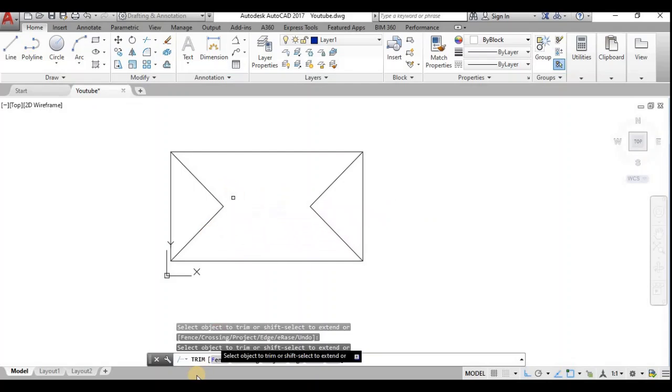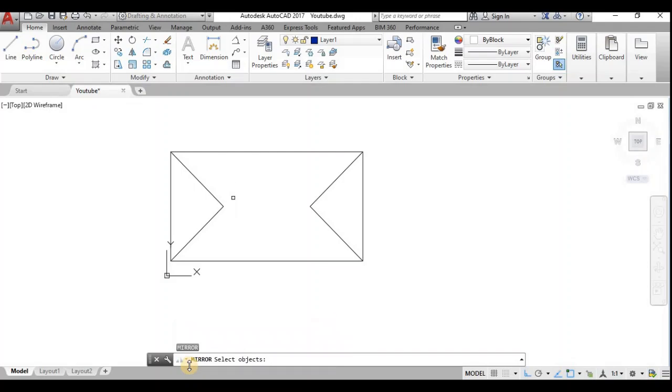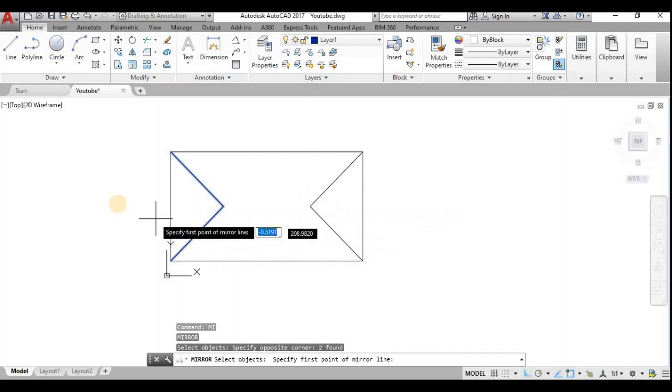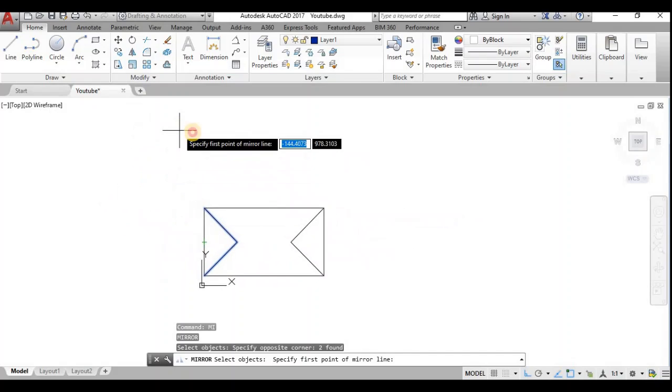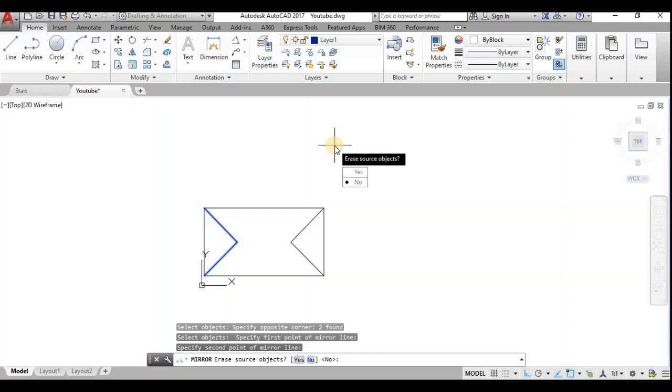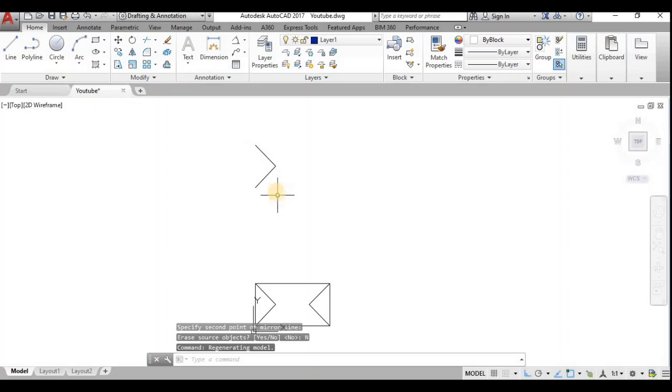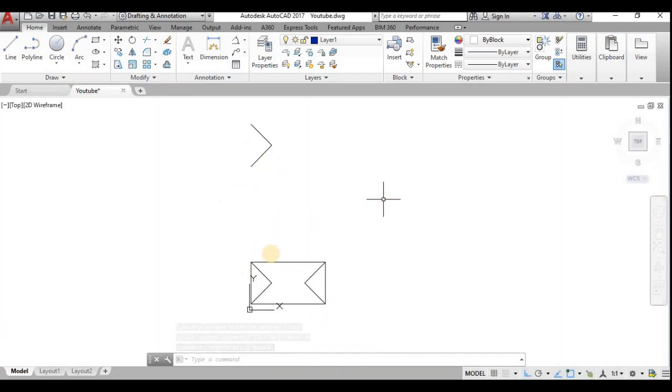So this is the value. If we are not choosing the midpoint, what will happen? We can see that. I shall choose this as another point. Specify the first point of the mirror line. So I choose it here. I don't know where the mirror comes, so you can zoom here. See here, you don't know, so this will be the midpoint. What is the point I have chosen? It is the midpoint of the line.